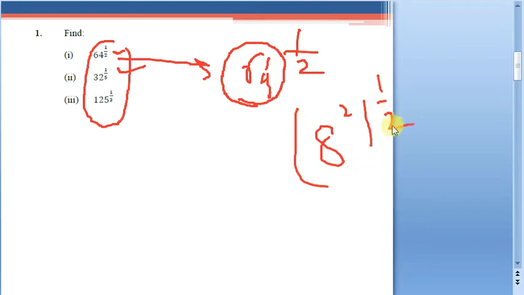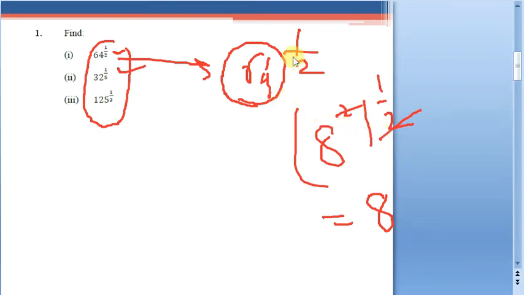It is of the form a power m whole power n, so you can write a power mn. The 2 will get cancelled and the answer is going to be 8. This is one way, where you directly identify the power of 8, which is 2. So 8 power 2 is 64 and it is the same as our exponent, then you can cancel using our exponential laws. But sometimes it might be cumbersome.